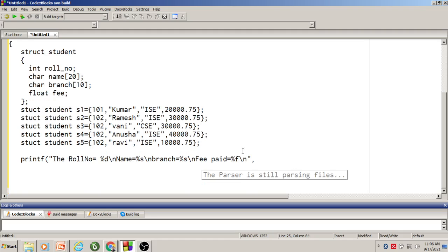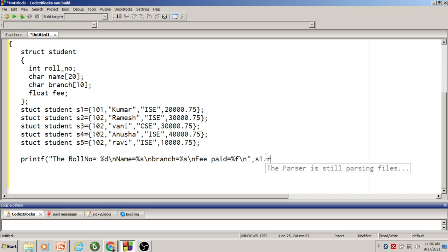Then how to access the structure members here? By using a structure variable name, dot, the name of the structure member. I would like to display the first student details, that is S1 dot roll number, comma S1 dot name, comma S1 dot branch, comma S1 dot fee.